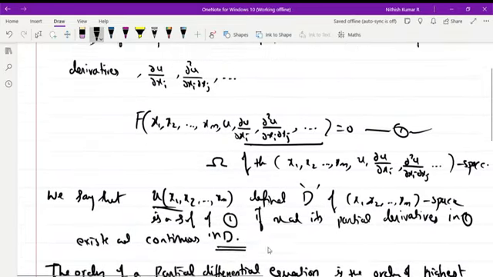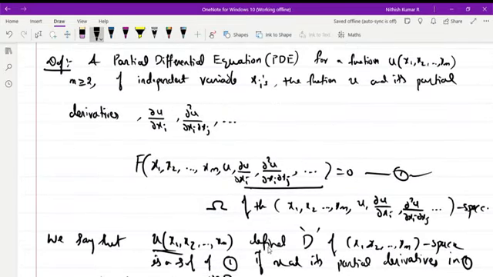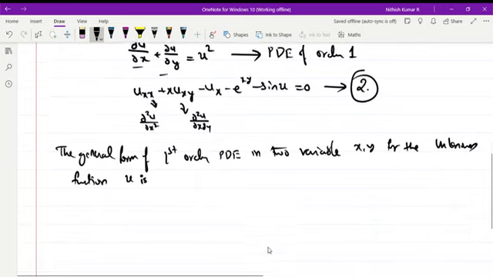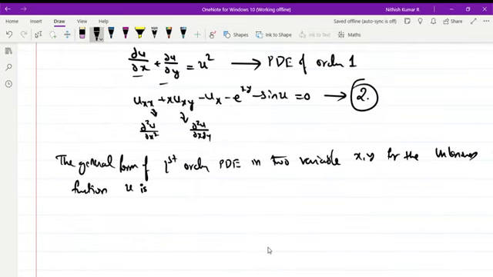So here in this we have seen the form of partial differential equation in m variables x1, x2, and so on up to xm, and unknown function u and its partial derivatives. So here we are seeing the general form of first order partial differential equation in two variables x and y